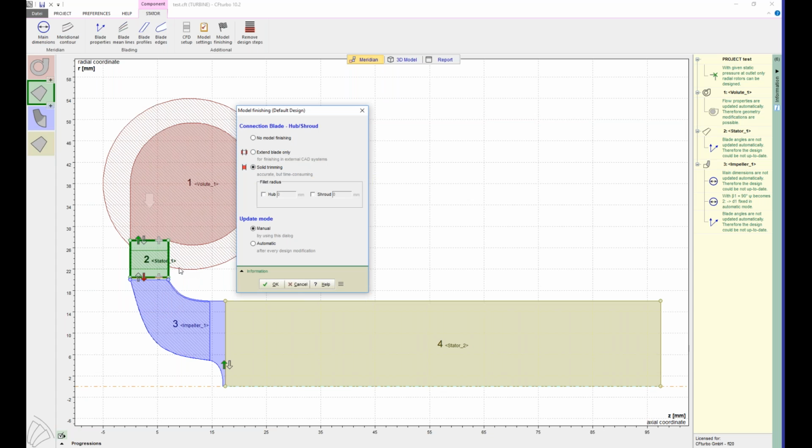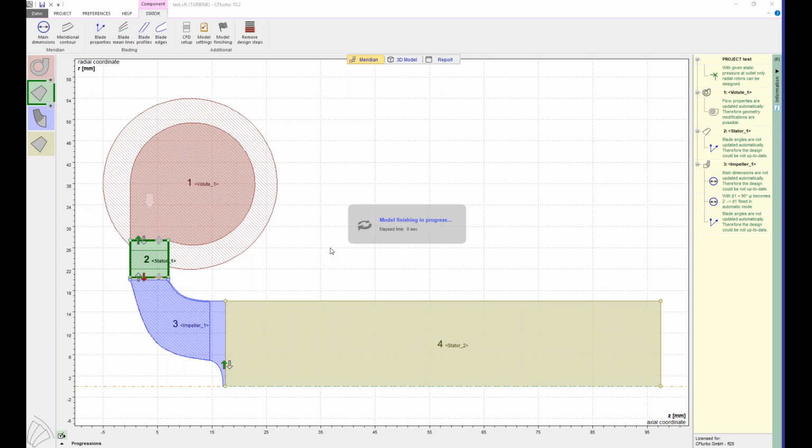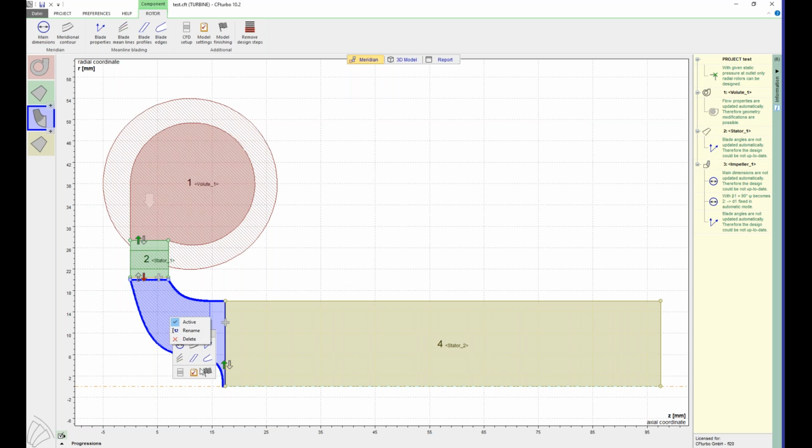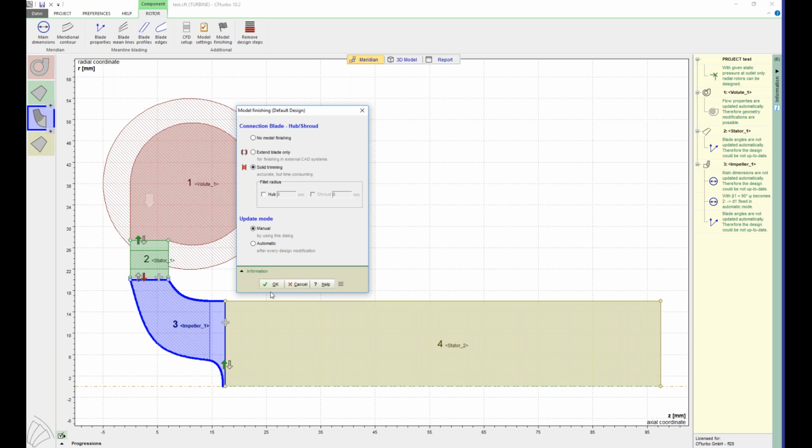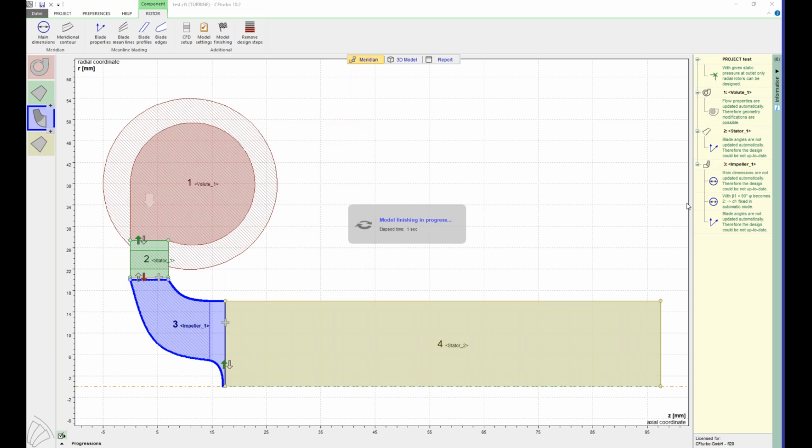Solid trimming means all the surfaces that define the fluid space of the component are extended by the cut kernel, and then intersections are calculated by the cut kernel, and by doing so, a very watertight fluid space is found without any gaps or holes and so on. And that has to be done for all bladed components. And I'm going to do that also for the rotor. And once that is finished, I hope I can do the